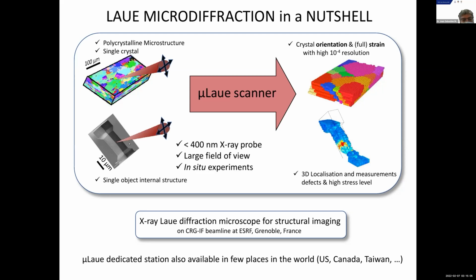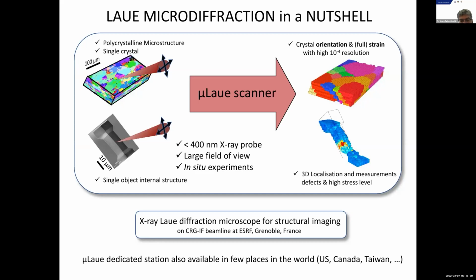And we can probe with the X-ray beam. We can probe the structural properties. So this is a micro Laue scanner. The beam size on the beamline is for sure less than 400 nanometers, and you can move the sample to explore a millimeter